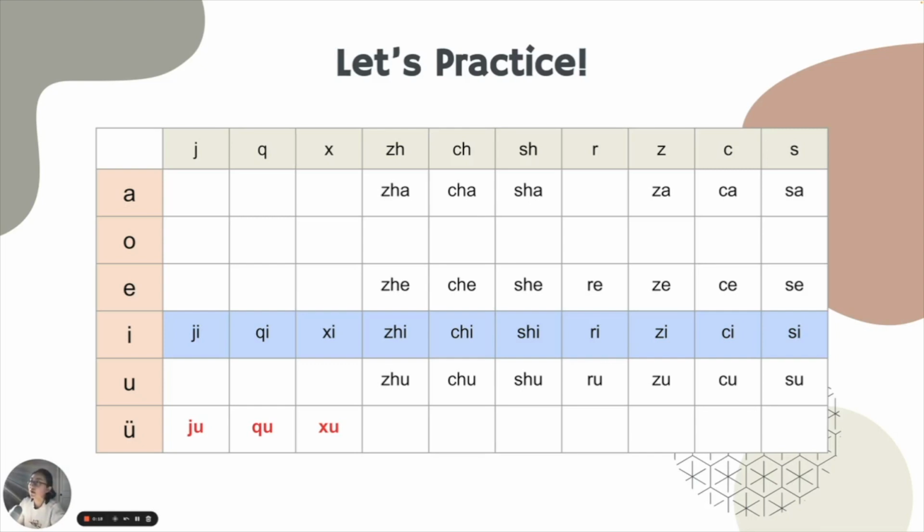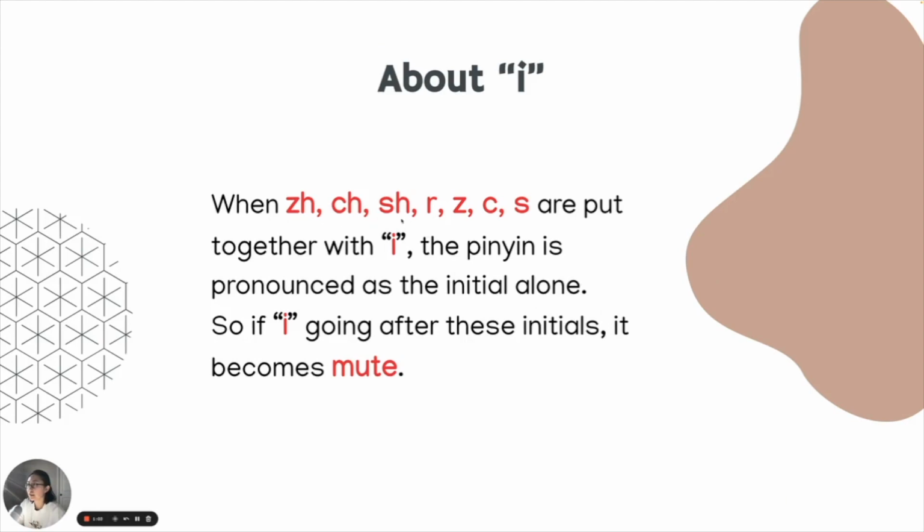In the last video, we practiced putting these initials and vowels together, but some students were confused about the blue highlighted row. Why is it ji, qi, xi, where the vowel is e, but when it comes to zh, ch, sh, and r, or z, c, s, it's not zhe, che, she, or ze, ce, se? This is just a rule in Pinyin. So when zh, ch, sh, r, z, c, s are put together with e, the Pinyin is